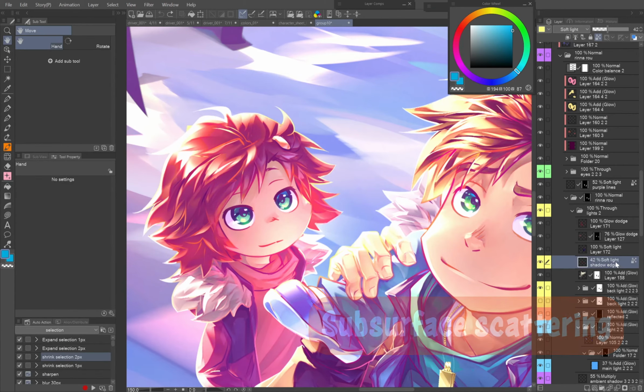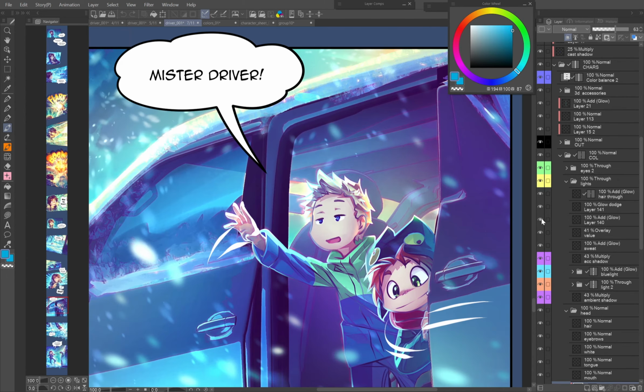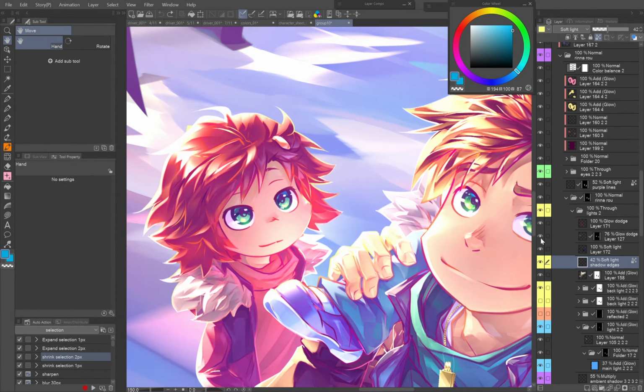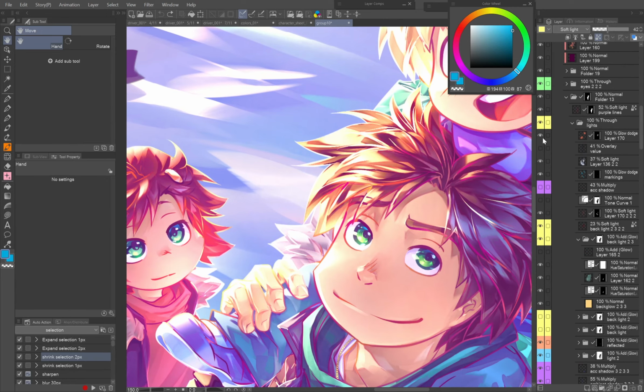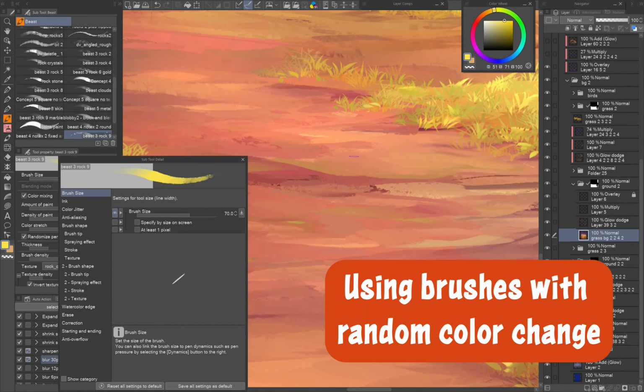Subsurface scattering. This abstract term refers to how light lights up thin translucent materials. Yes, it's the well-known orange rim that appears when you hold your hand against strong light. Just like the color zones, it's often used in realistic painting, but by adding it even to your stylized artwork you can take it to another level. In my comic, I like using this effect, for example, on hands or inside ears that are strongly backlit. Hair is also a translucent material, so adding glow into parts that light shines through makes the image even more interesting.